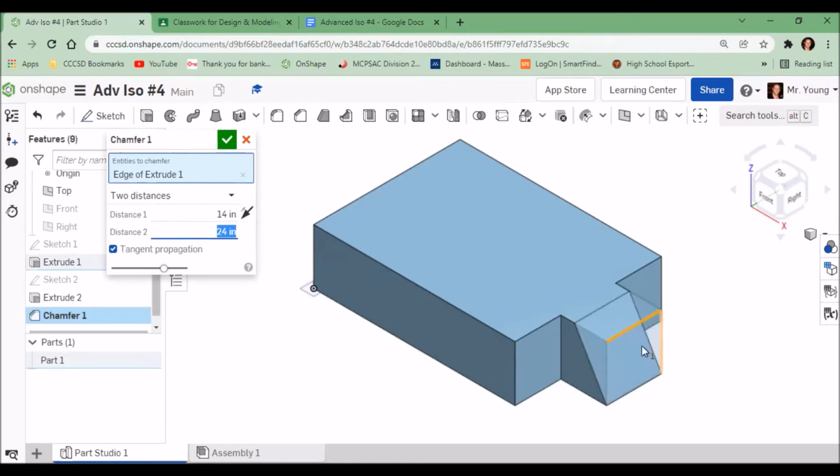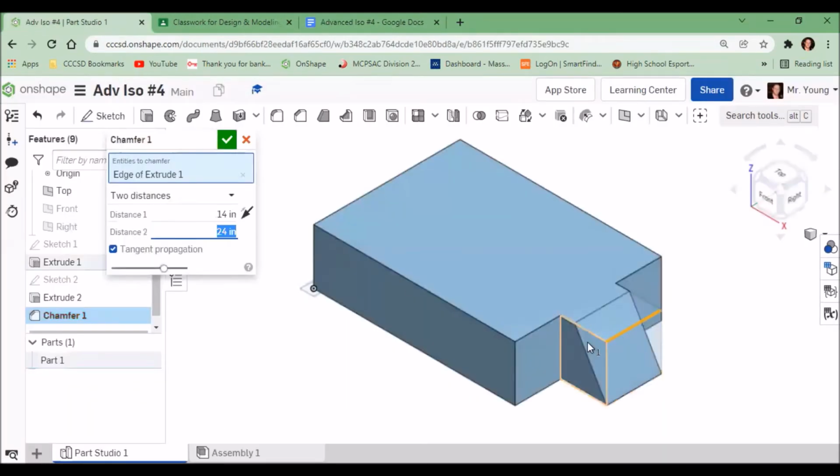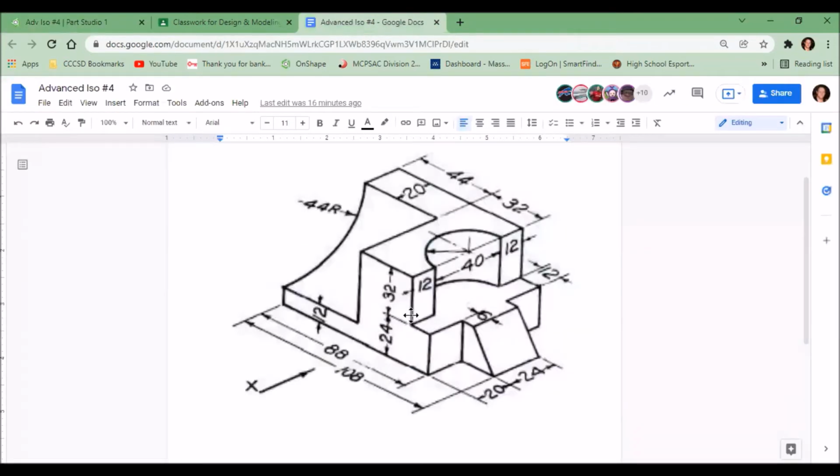This should give you a matching angle as seen in the Google Doc. Once you've confirmed that it does match, you can go ahead and click the green check mark to finish that step. Taking a look back in the Google Doc, I'm now going to add the upper section of this part. I'm going to add it as a whole object, then cut away the 2 small circles that you see missing